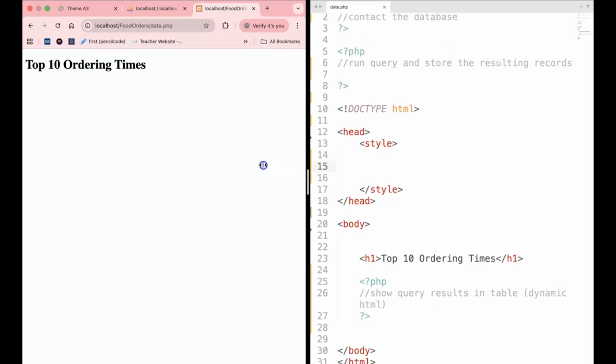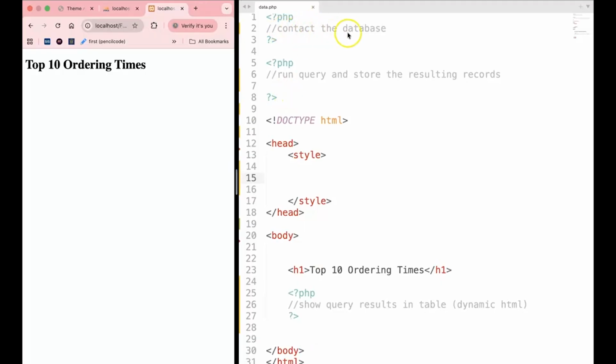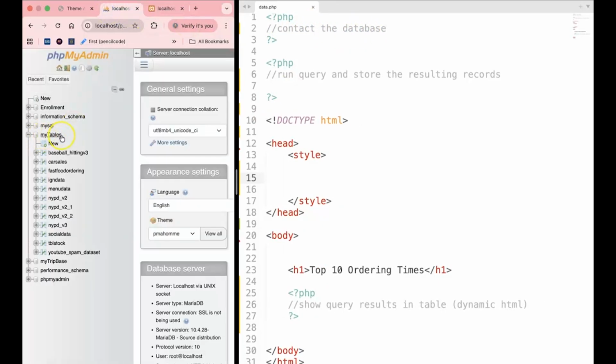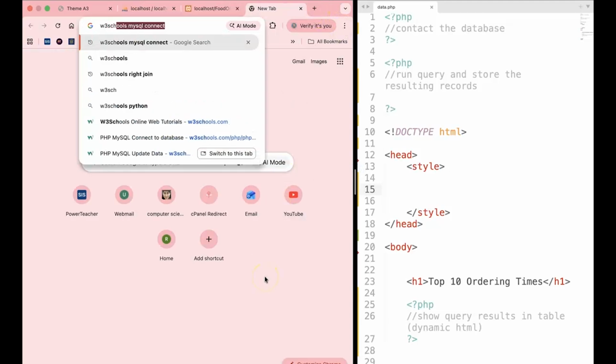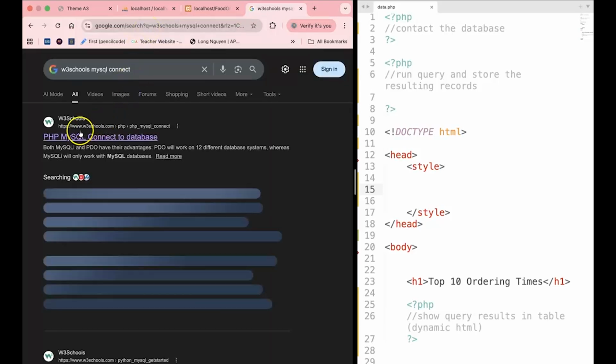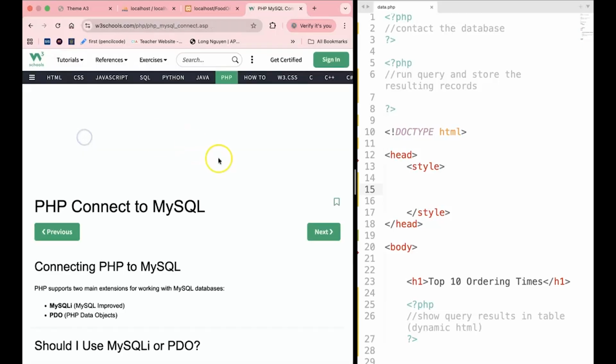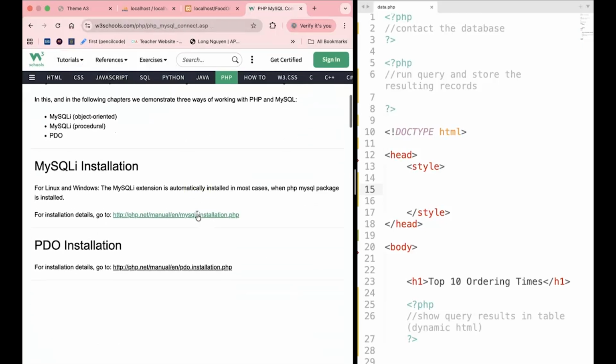Now, how can we contact our database, which I've called MyTables? You don't have to memorize any of this, guys. What I'm going to do is go to my good friend, W3 Schools, and figure out how to connect to a MySQL database. Remember, I told you this is the SQL technology that we're working with in XAMPP. So let's go into the recommended page, connect to a MySQL database,